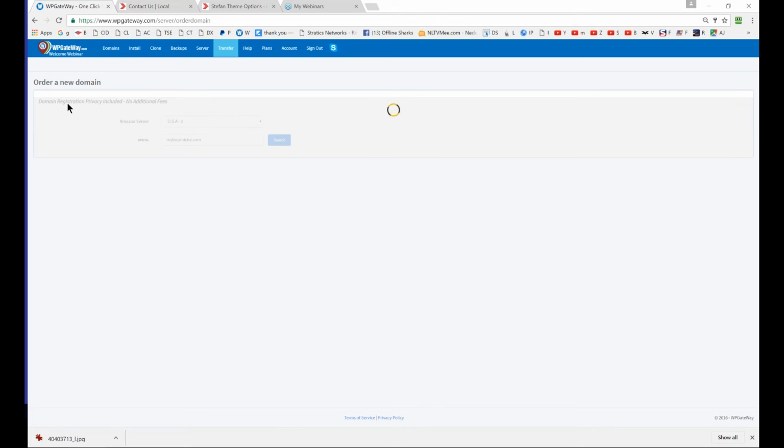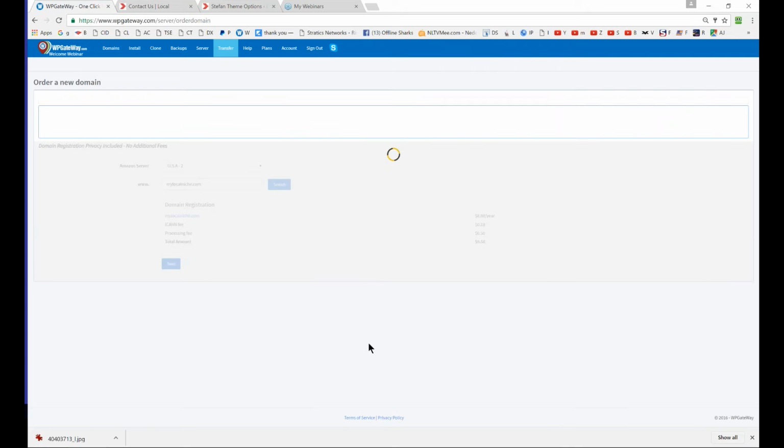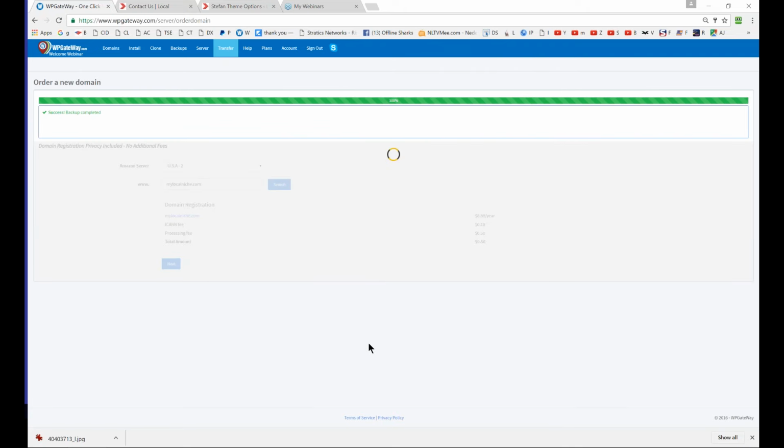It comes with the privacy label included, and I click next, and then it asks, do you want to order that domain? Okay, so now I'm ordering that domain,